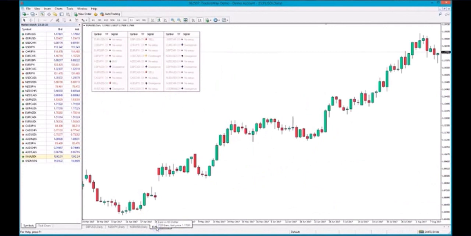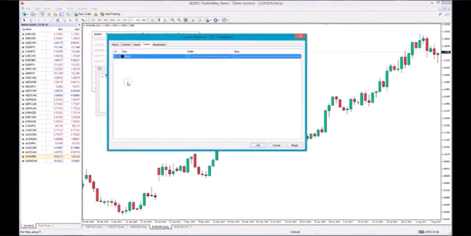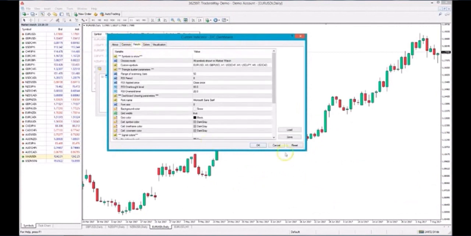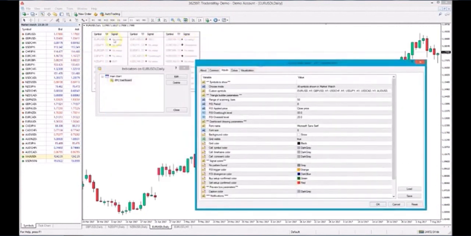Okay, so getting back to our dashboard, there's a lot of stuff you can do with it. There's a lot of settings you can adjust, lots of outputs. Say you don't want to see all of these. Let's say you only trade 2 of these instead of all however many there are here. What you can do is specify what symbol you want to see. So if you only want to see a couple of these, then by all means go ahead and delete those,